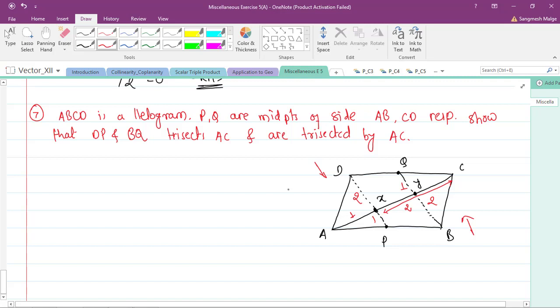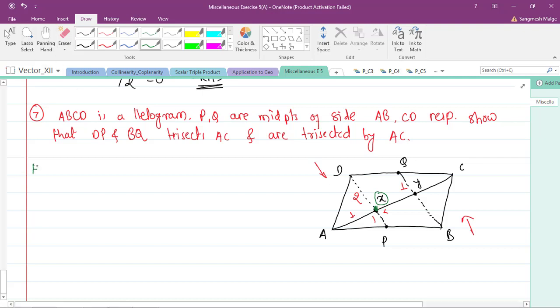Okay, so in all, we definitely have to use the internal section formula, and with that we show that the points which are trisecting are the common points. See here, this point X is trisecting DP as well as AC. Okay, first let's prove that.